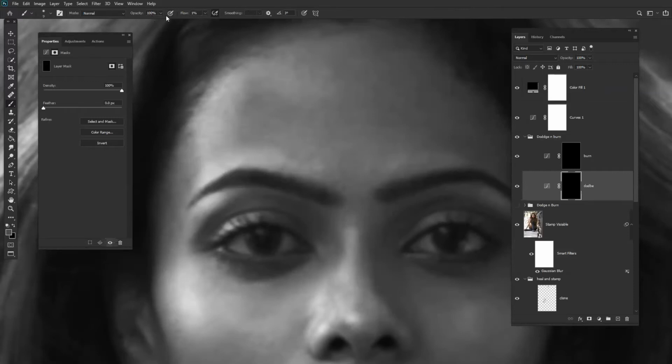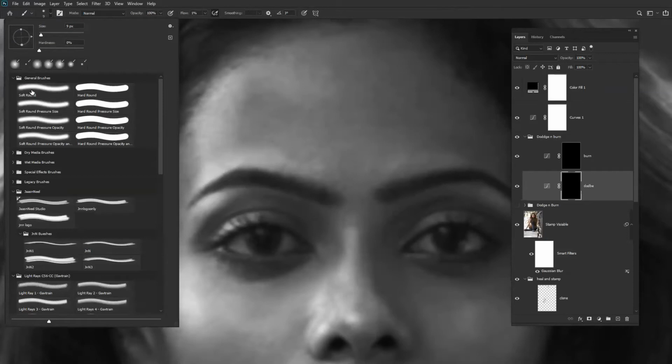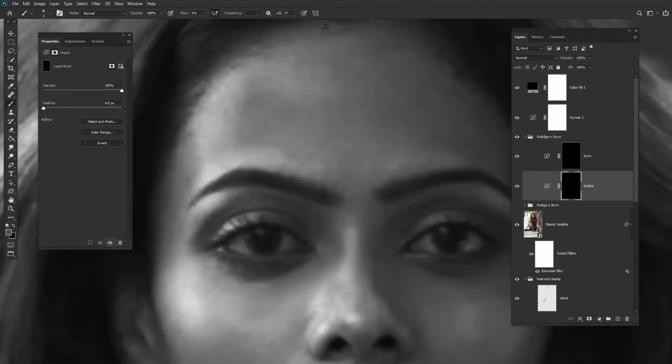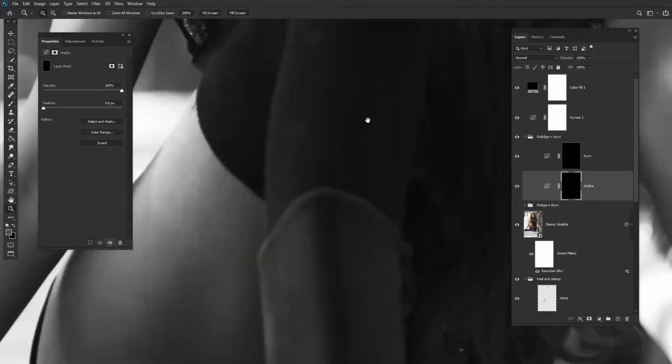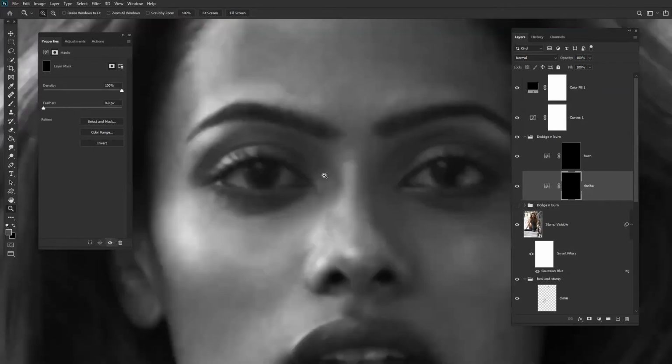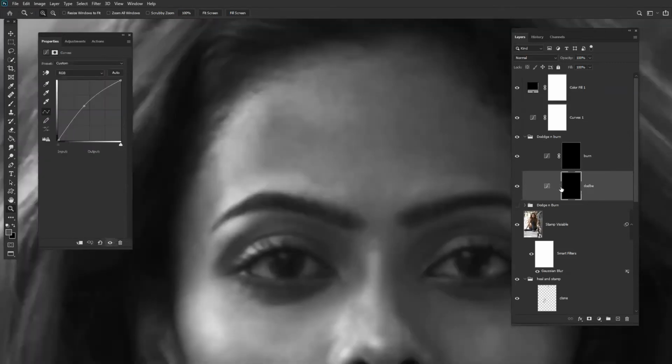Our opacity, as I told you, will be 100. Our flow will be 1. And the brush hardness should be soft. So go to fit to screen. We can clearly see the problem. Now we can go 100%, bring the image nearby, zoom in a little. Now see, we can see. Now let's start dodging. When the areas are big, do a major dodge.